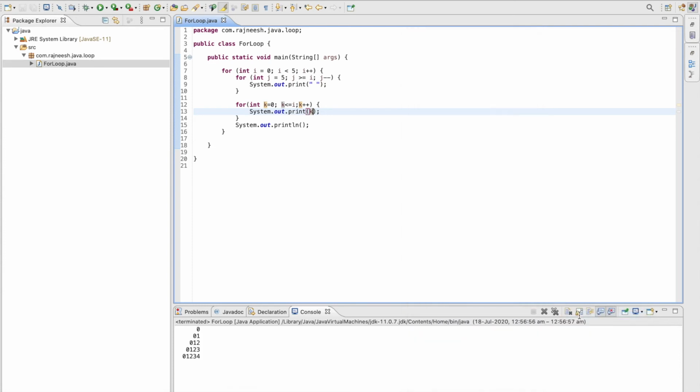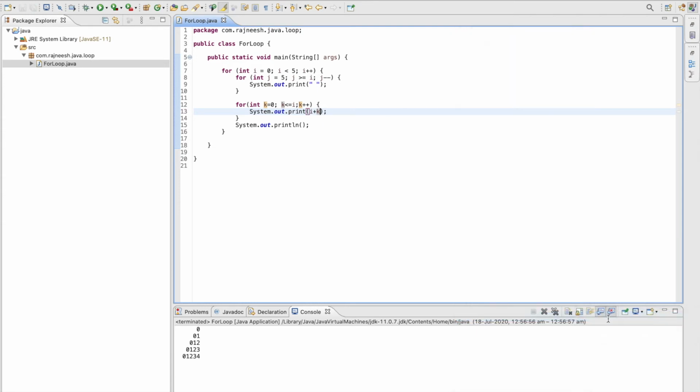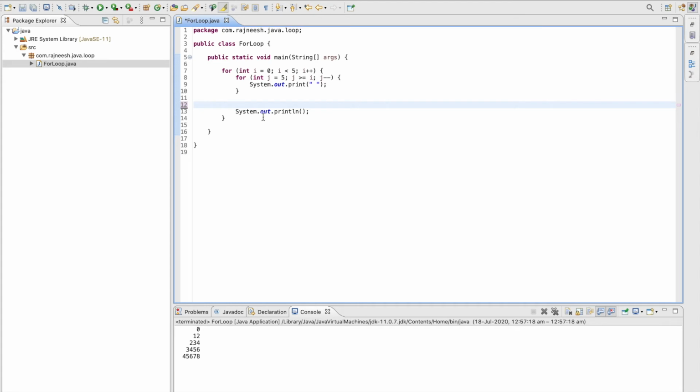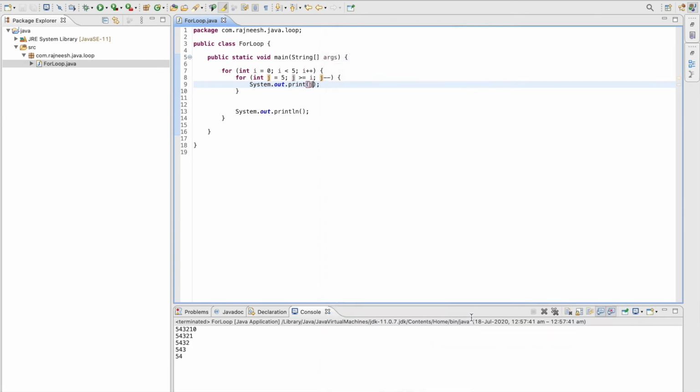I do some changes here. Sometimes I print i, sometimes I print j, sometimes I'm printing i plus k, okay. And if I print different variables, the occurrences will change, the structure will change, and the output it resembles will also change. So these are the different examples that I am going through with these triangles. I will continue with the same to show you an equilateral triangle. After this I am going to print that, okay.